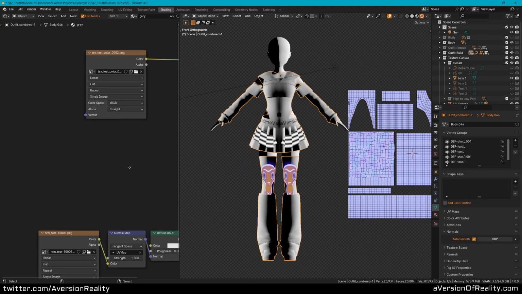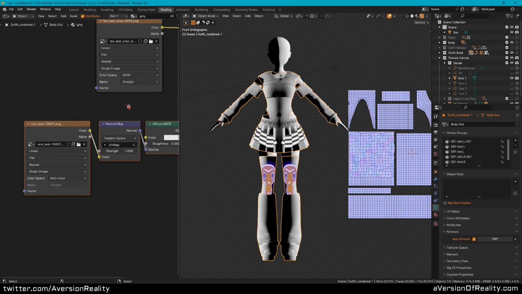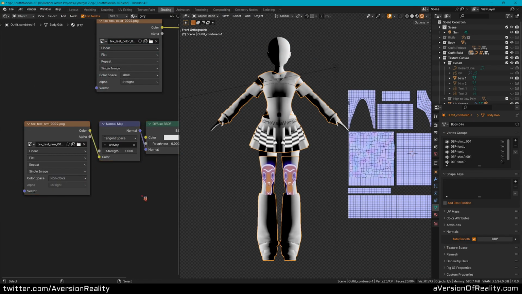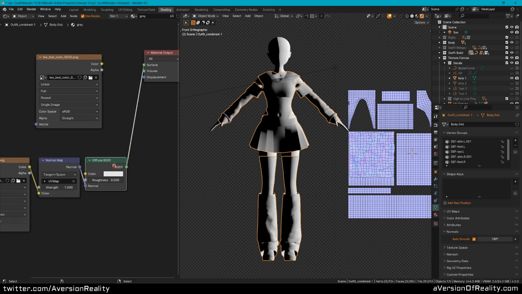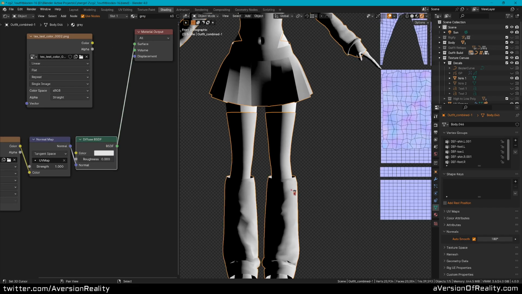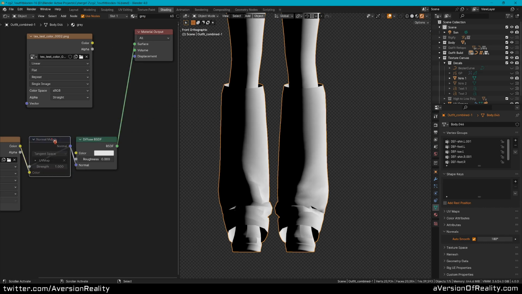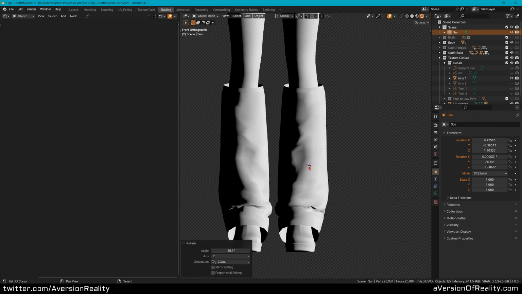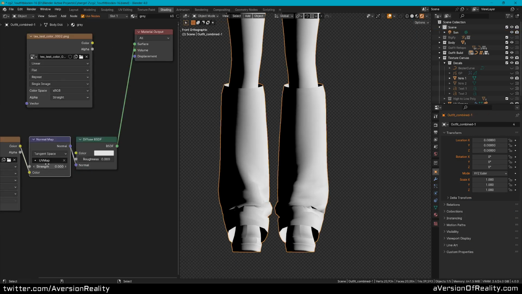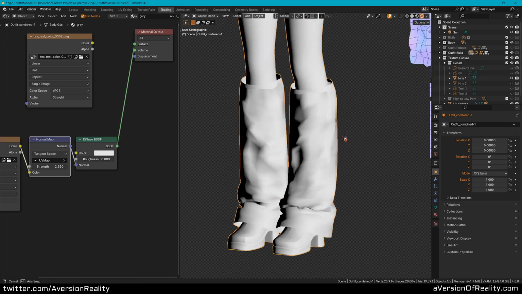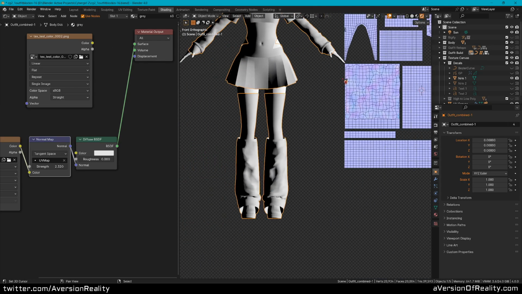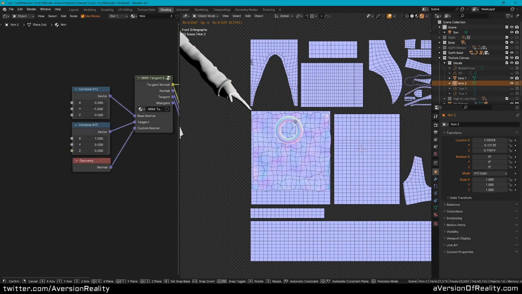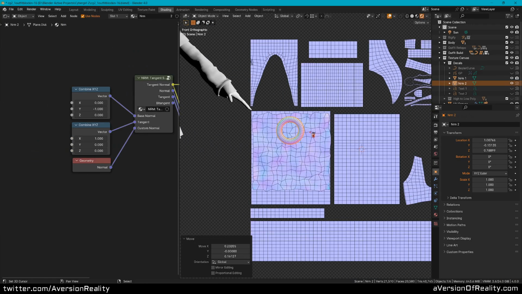And back over in shading, I'm going to move to these nodes I have set down here already, and make sure that's on non-color data. And there is our normal map. Spin it around, we can see that there. So that is a functional normal map decal. And this is an area where this technique really shines, because normal map decals are usually a giant hassle to do. Let's make another one.